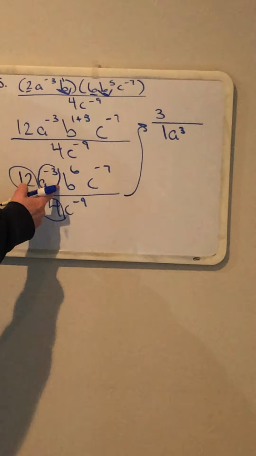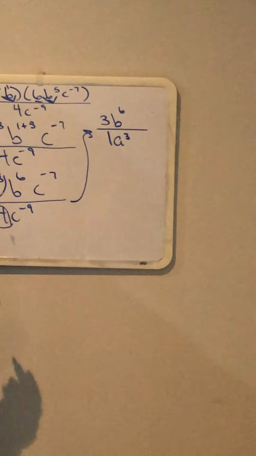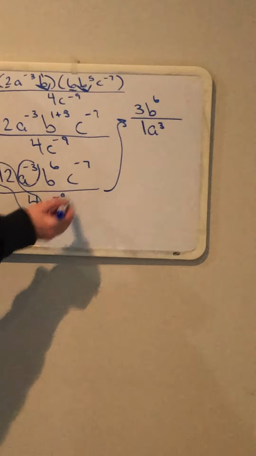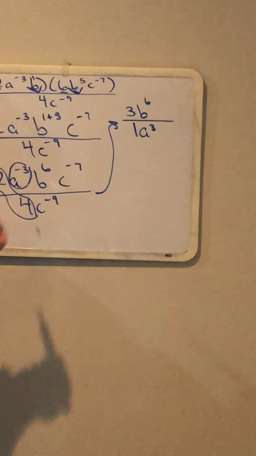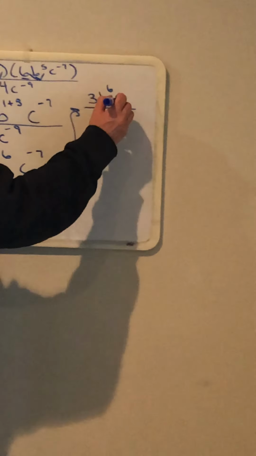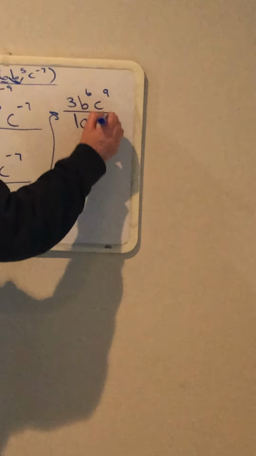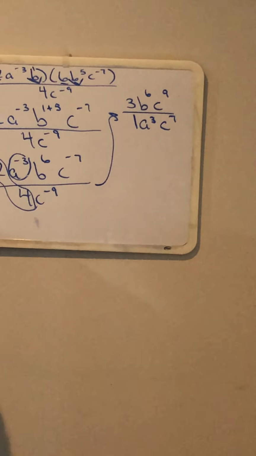B to the sixth is staying right where it is. But your C's are both negative, so C to the negative ninth moves up, and C to the negative seventh moves down. So now you've got C to the ninth, C to the seventh. And then the only